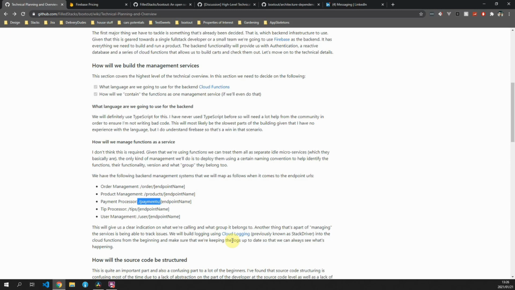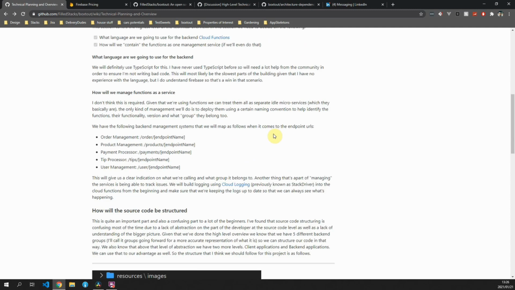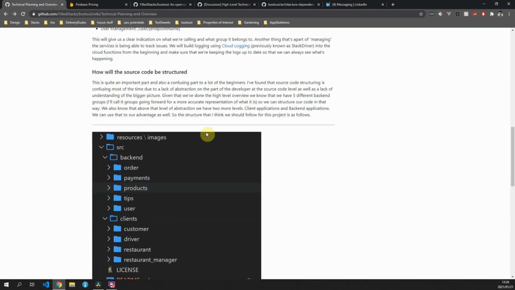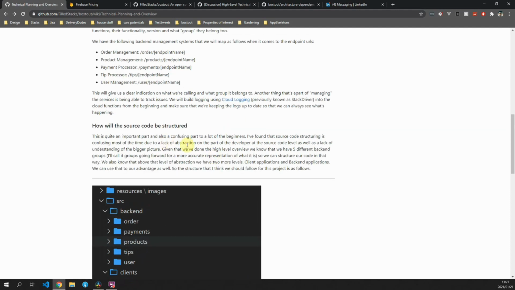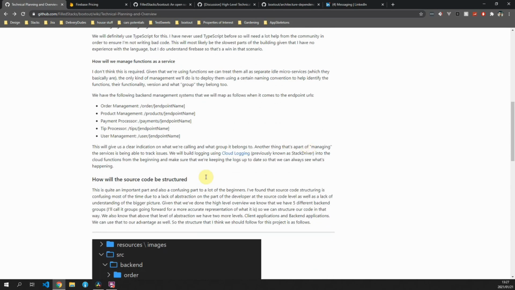levels to make sure that whenever we need to perform our management tasks, which is things like finding out what's wrong, fixing the bug, deploying, and then making sure everything is still working. Once we get to that point, we'll be able to do all the logging, and I think that will cover all the management in terms of the decisions we have to make before we start the actual technical architecture overview planning. The second thing we have to cover in this, how we will manage our services, is getting down